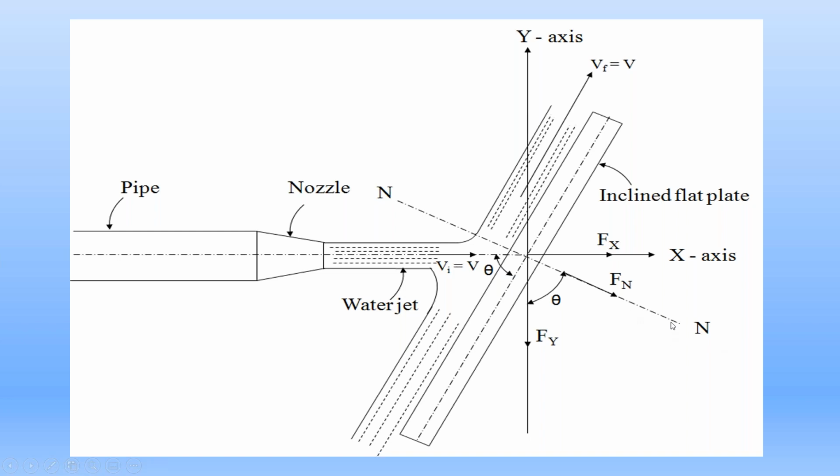So this line N with this metal plate is making the angle of 90 degrees. Let along this line N, let the water jet apply the force Fn on the metal plate. Along this line N, that is the normal line. This line is normal to this inclined metal plate. So this is the normal line. This normal line is perpendicular to the inclined metal plate. Along this normal line, let this water jet apply the force Fn on the metal plate.